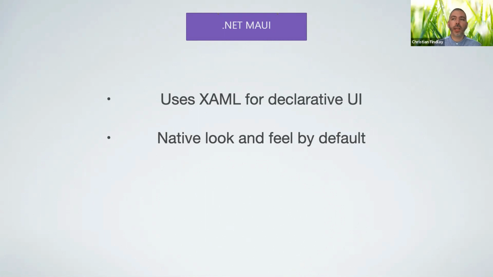If you create an app in Xamarin Forms, the layout will be similar across iOS and Android, but the controls will look like the controls on that native platform. I'm not sure what the plan is for that on MAUI, but on Xamarin Forms, that's the case. Basically, what you get out of the box depends on the platform that you're running it on. This is contrasted with Avalonia and Uno, which I'll get to. But it's an important feature about Xamarin Forms and MAUI is the native look and feel.